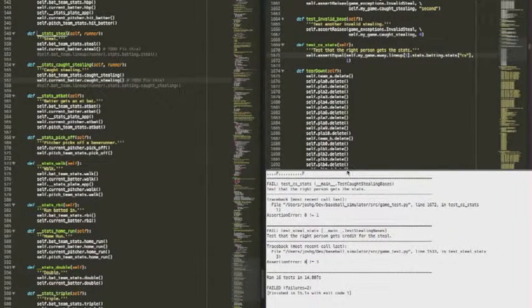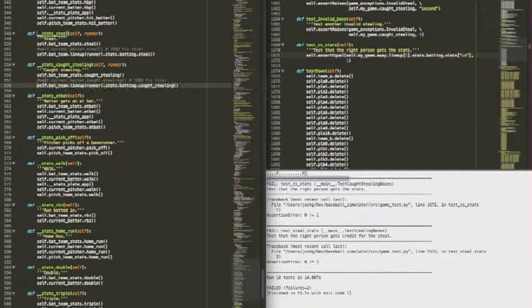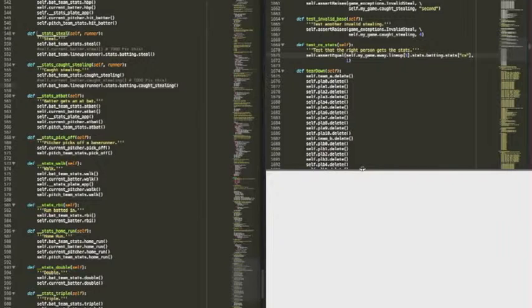So I've already got the lines of code fixed. I can simply comment out the busted code and uncomment the good code, where I've changed it so that when we get a steal, we take a new parameter here, and the parameter is the runner that's got the stolen base, and so we add 1 steal to his stats, and if he gets caught stealing, we add a caught stealing to his stats. So now we come back and we run the unit tests one more time, and this time